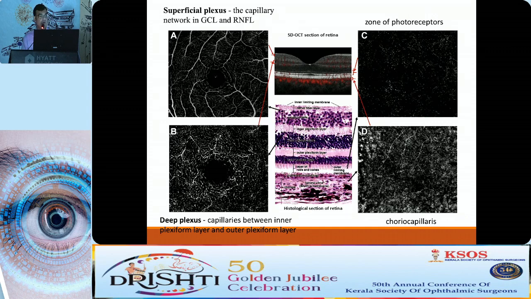On the left upper you can see the superficial plexus, left lower you can see the deep plexus. See, the capillary level has started from the major to minor capillaries. Third one is the zone of photoreceptors in the right upper side, which can very precisely show the photoreceptors. And the fourth one is the choriocapillary layer. So these are the basic four segmentations, which give you a broad idea at what level the pathology and imaging